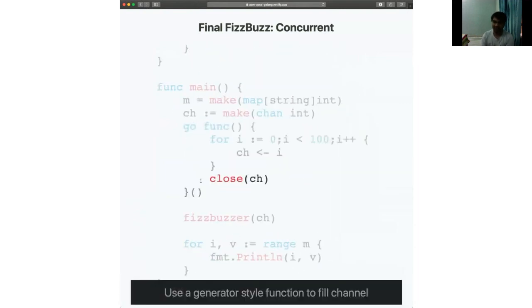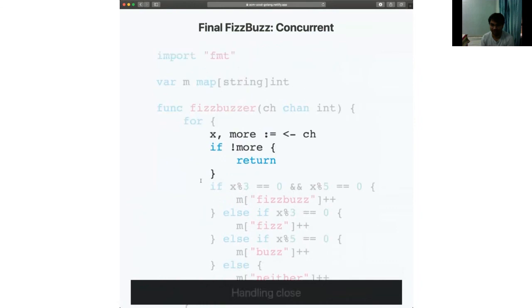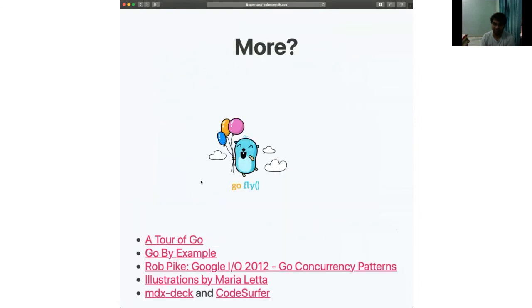If you're interested in knowing more about Go and all the different things, I recommend looking up A Tour of Go and Go by Example. A lot of these patterns were taken directly from Rob Pike's presentation at Google I/O.